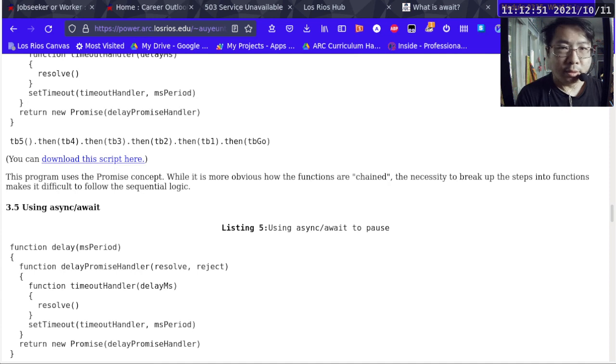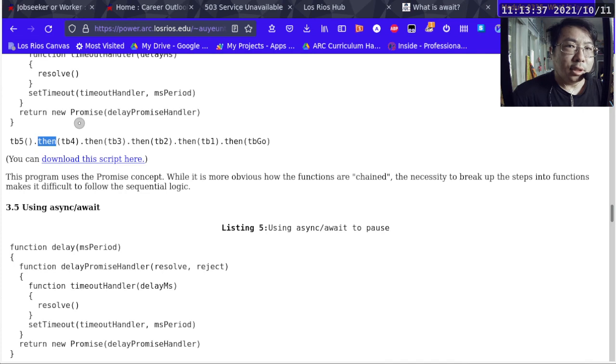All right, so this is the second half of the lecture on await and async. We just talked about how promises modularize the code so that you can have one step performed, and whatever the next step is is no longer hard coded into the first step. So the first step only has to worry about how it terminates when it's done, but it doesn't have to hard code what the next step is going to be, which is what a callback function needs to do. With promises, you have the intermediate step of the then,